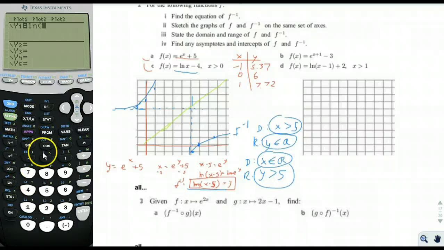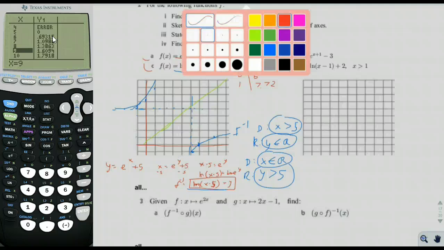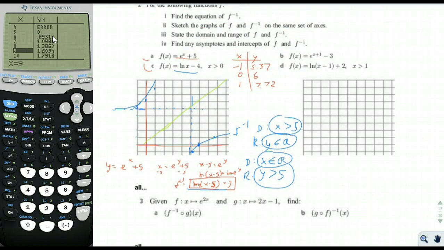Log of x minus 4. I'll do second table. Okay, and you see, like, up until x equals 5, there are no legal values for it. So let's see. So that means from 0 to about 4,